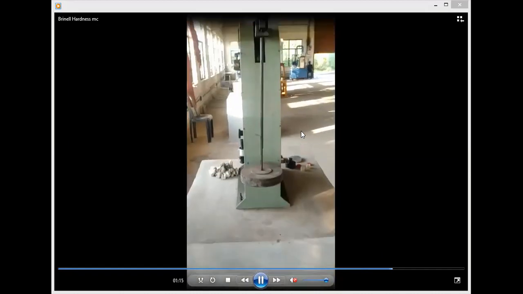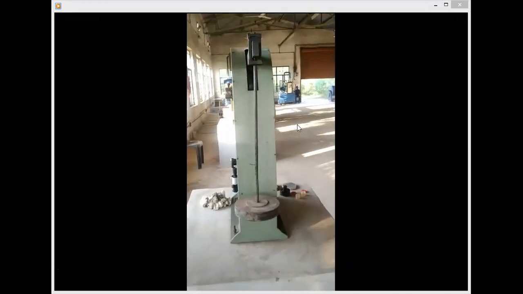And on the ground, there are different weights with different equivalent loads. Four of them have an equivalent load of 500 kg, and these two have an equivalent load of 250 kg. Altogether, we can load up to 3000 kg or 3 tons of equivalent load over the hanger itself.